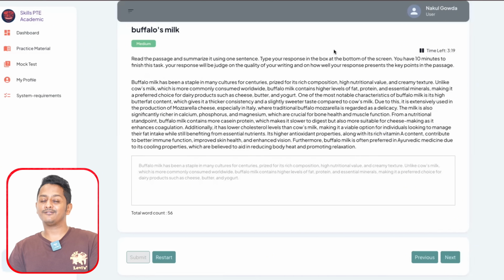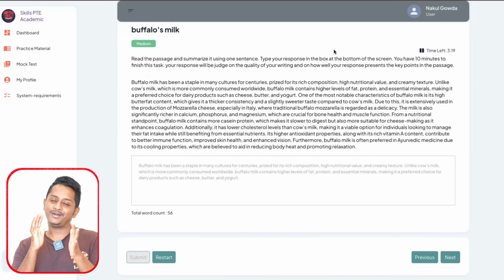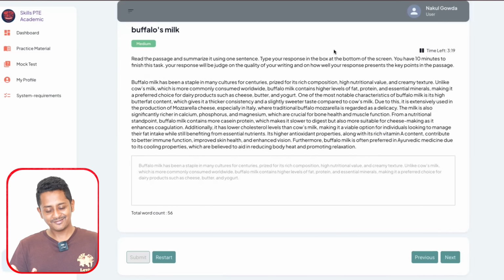Be very, very careful. Whatever you write, keep it between 5 to 75 words. Ideal word count, we will see towards the end of the video. You will understand what is the ideal word count. Now we will test the second scenario where you end up getting around 4 or 5 marks and not more than that, or a little less than 4, 3.5 or 4, 4.5. What would be the case here?